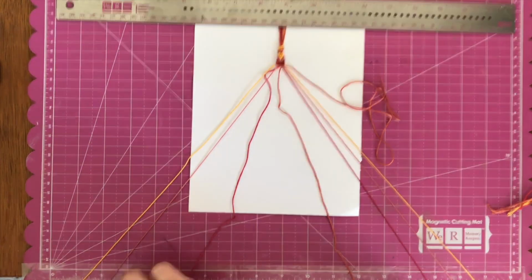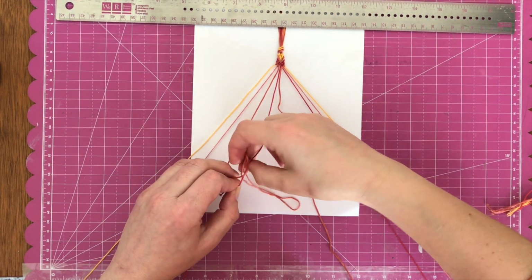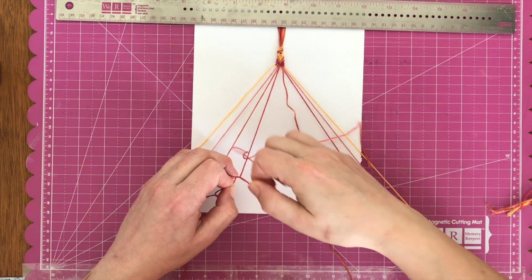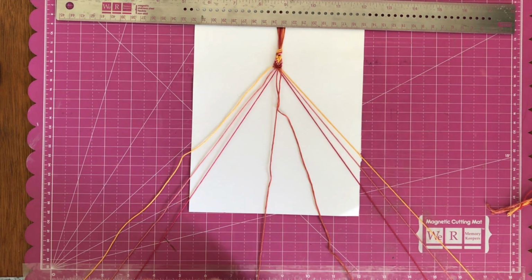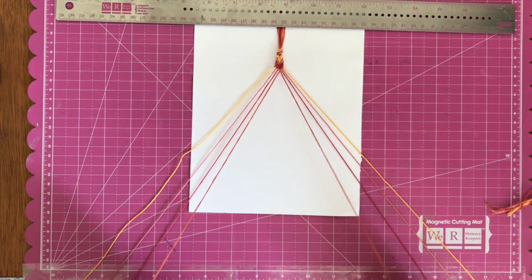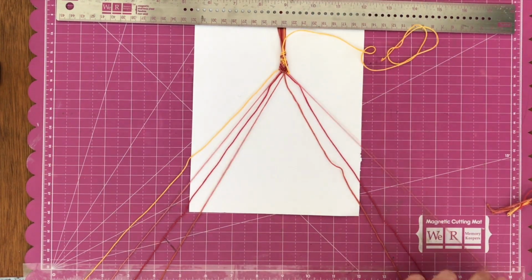And then finally on this side we have the red thread that's now in the middle. So let's loop the rusty thread around the red thread. There's the first loop done. Pull the knot up to the top, do the 2nd loop, and pull the knot up to the top. Now we have our 2 rusty threads in the middle. We're going to swap them over because every time you have to swap them over to join the 2 halves of your bracelet together. So now that we've finished one complete band of 4 on the friendship bracelets,